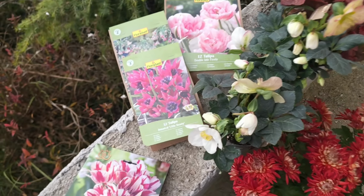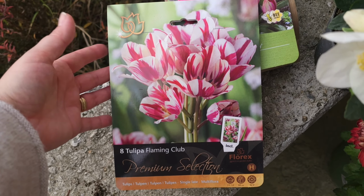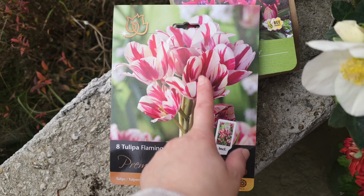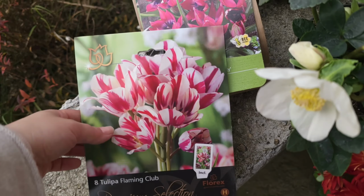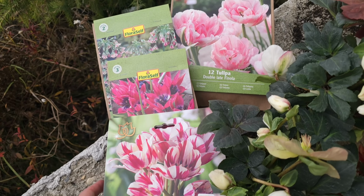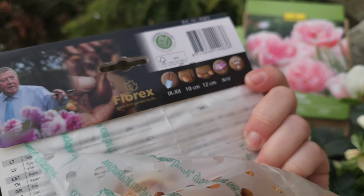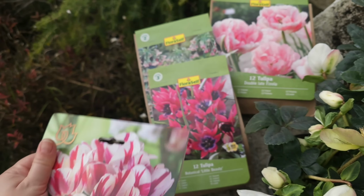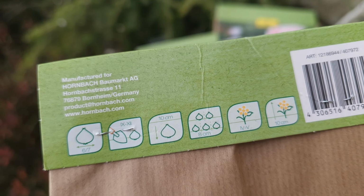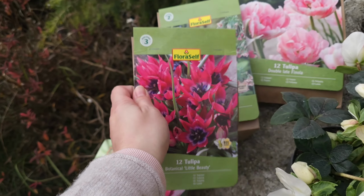they more or less stay alive during the winter. Then just because this one is such a fuchsia pink, and I found this new tulip that I have never ever tried before. Allegedly it's a multi-flowered stem. I thought this could be a binding tulip for the situation, but this one might be a bit later. It's coming April, May, while this I expect to be quite early. They say on the package it's gonna be April, May, but I expect this one to be much earlier